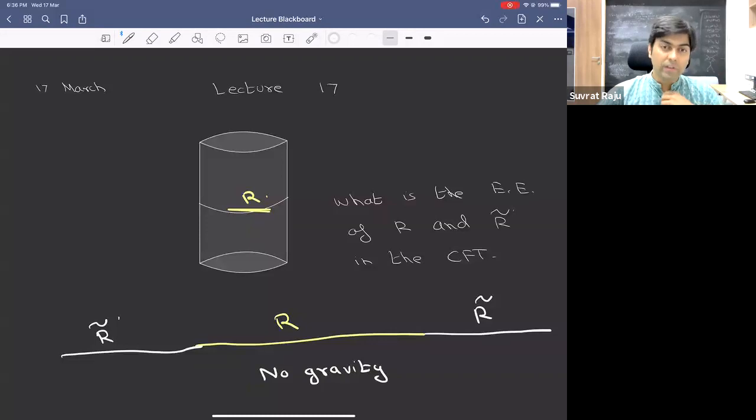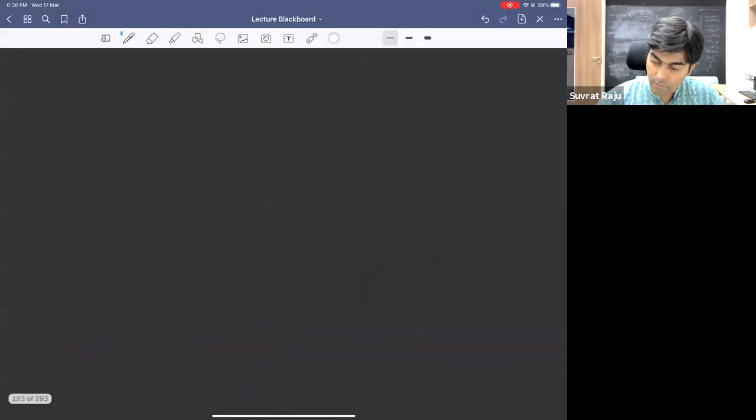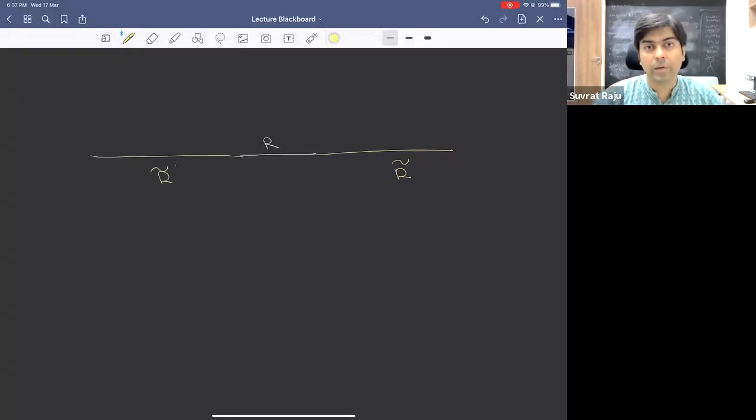Let me just say a few things about this entanglement entropy. Let me make a few general remarks about this before we go on to talk about how it can be computed in theories with a holographic dual. First, even though I drew the picture by saying that there was this region R and there was this region which was R tilde, in fact, the entanglement entropy